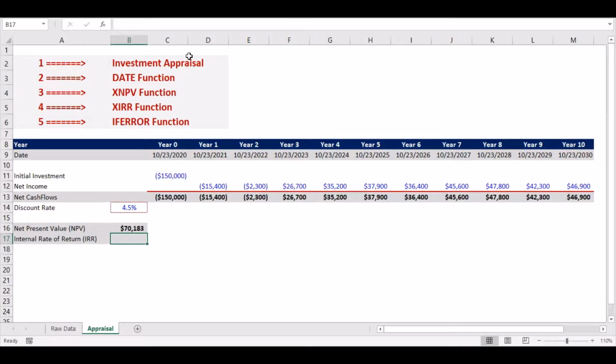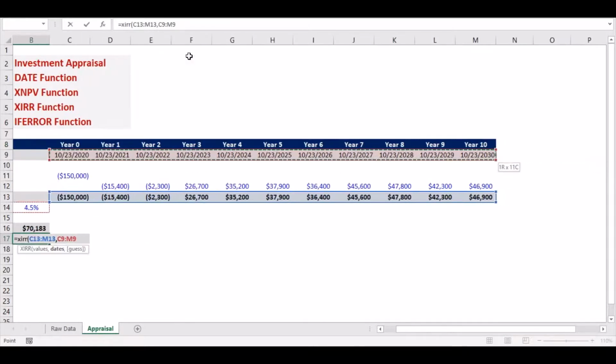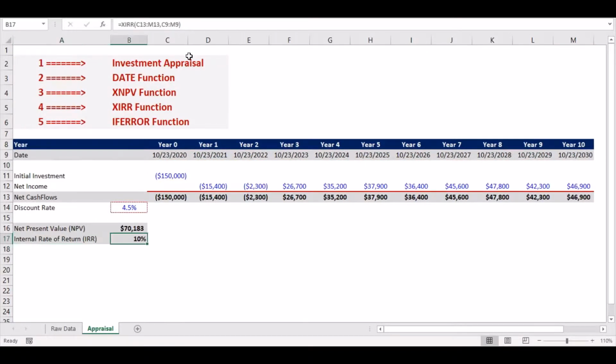Now let's calculate IRR. For that, we will use the XIRR function. It asks for values, like the values, like this, comma, the dates. These are the dates we will calculate. Close parenthesis, press enter. Now our project has an internal rate of return of 10% with a net present value of $70,183